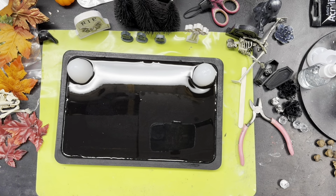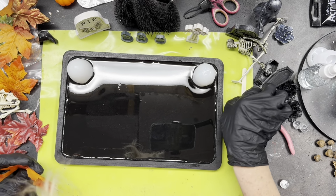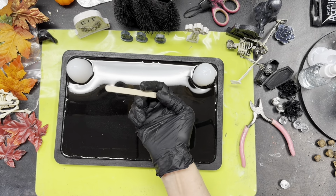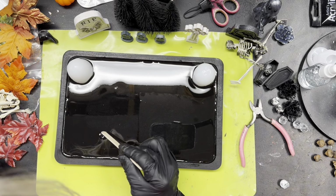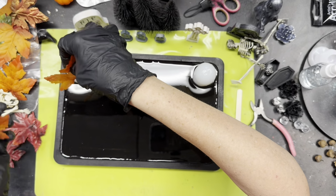Get this bag and see if I have some smaller, different colored ones. I've had these so long, guys. I don't even know where I got them. So, I don't know. Oh, hang on. I just got a hair in here. All right. So, I'm just gonna...